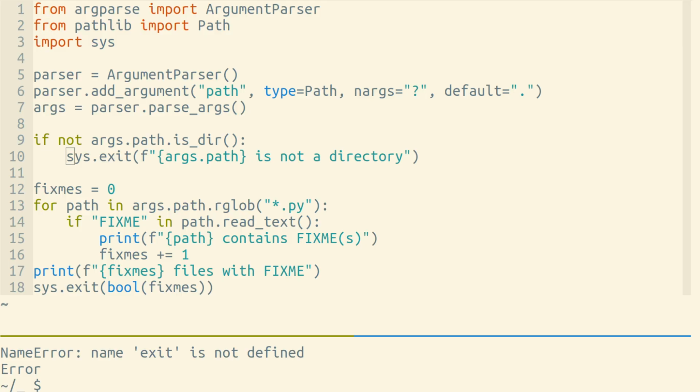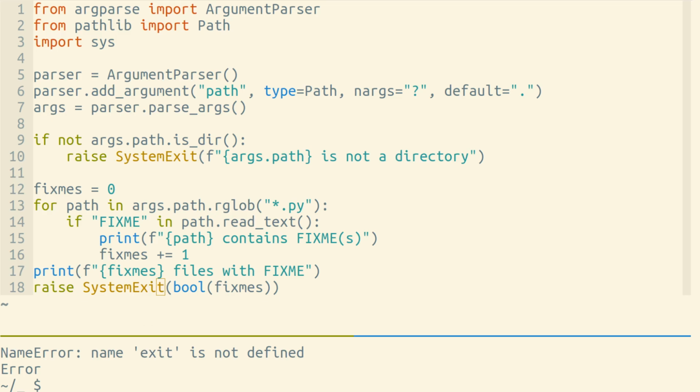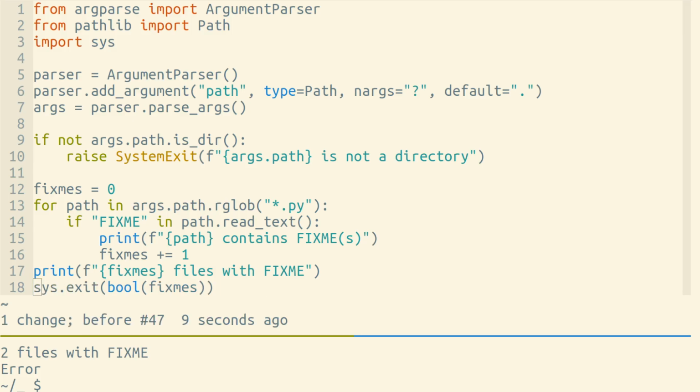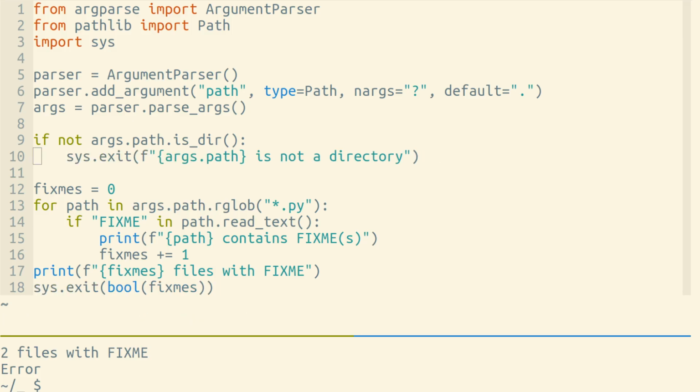There is one more way to exit though. Instead of calling sys.exit, you could raise a SystemExit exception. It actually does the exact same thing. So if you prefer this style, you're welcome to use it. I will say that raising a SystemExit exception is a little bit less common to see in Python code than